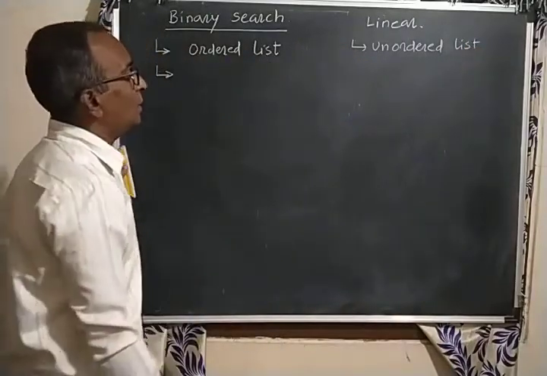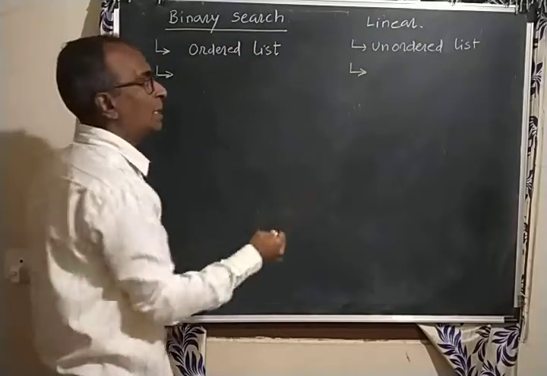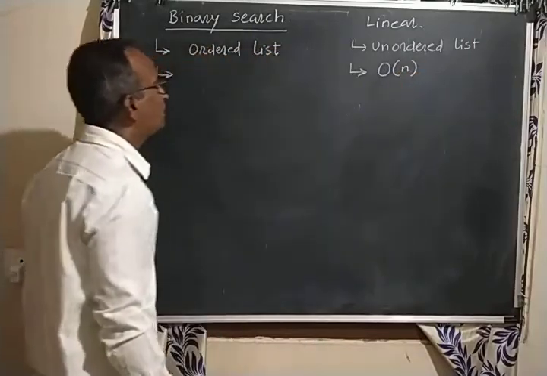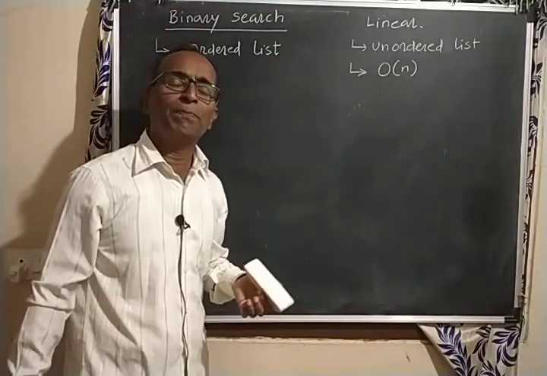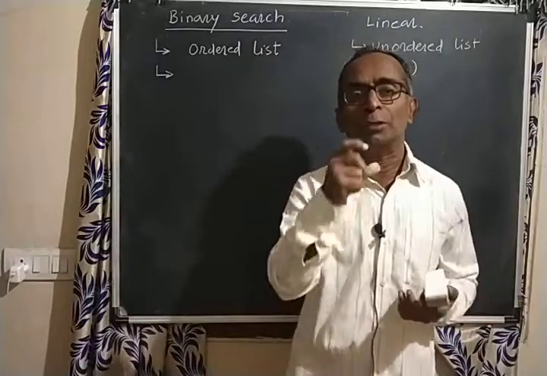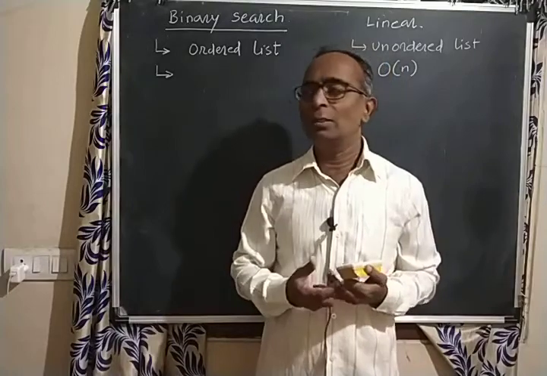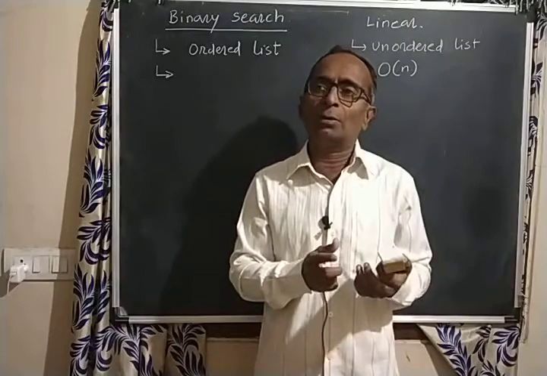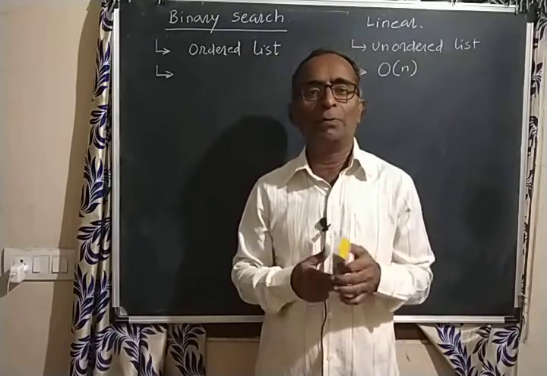Then we have seen in linear search, every element is compared, so its complexity is big O of n. Now what happens in binary search? Okay, I'll give you an analogy. When you search for a word in a dictionary, how do you search? Suppose I am searching for the word yellow. Do you search from the first word, second word, third word like that, or first page, second page? No.